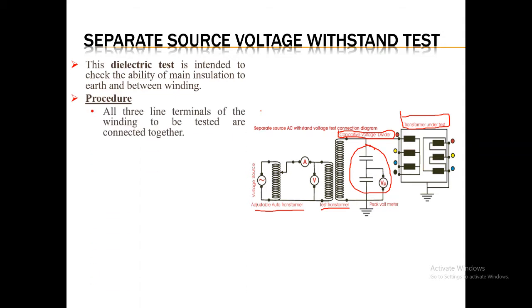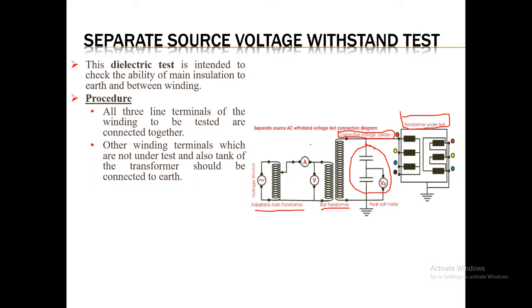So first what you have to do, all the three line terminals of the winding to be tested are connected together. Here you can see the input side is connected to the primary of the transformer, where the three windings are connected together, means you have to first make them shorted. Then the other winding terminals which are not under the test, and also the tank of the transformer, should be grounded. So here you can see that the secondary is connected with all the windings and the tank, and at the end they are